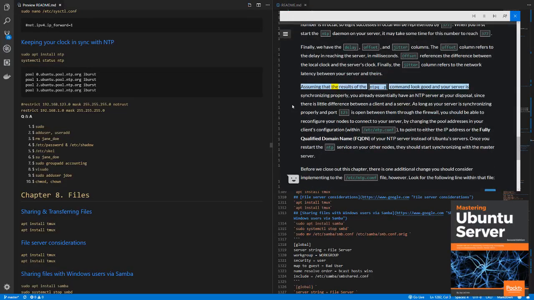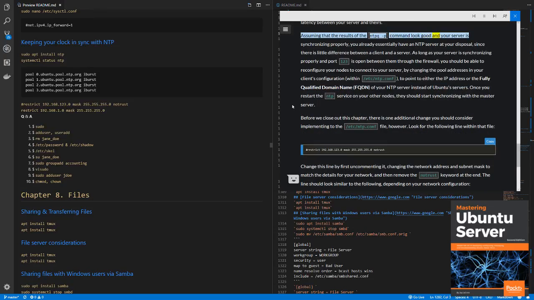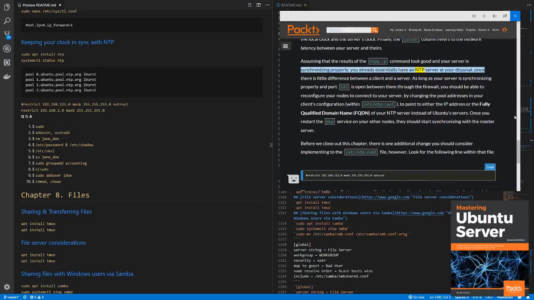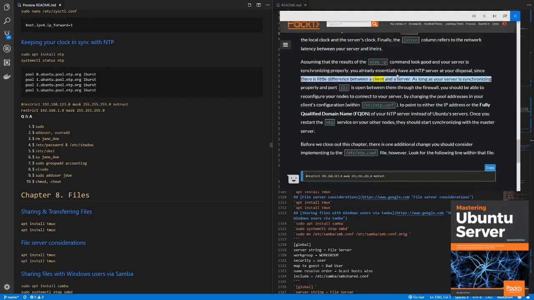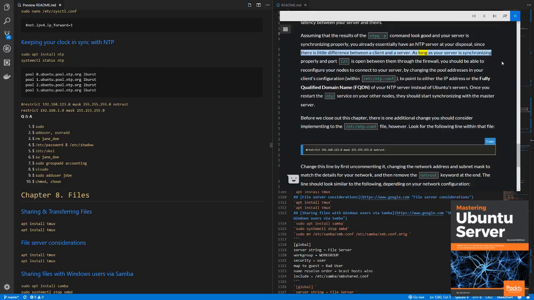Assuming that the results of the ntpq -p command look good and your server is synchronizing properly, you already essentially have an NTP server at your disposal, since there is little difference between a client and a server. As long as your server is synchronizing properly and port 123 is open between them through the firewall, you should be able to reconfigure your nodes to connect to your server, by changing the pool addresses in your client's configuration, within